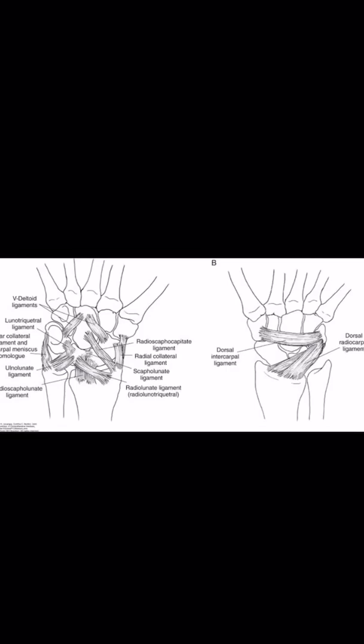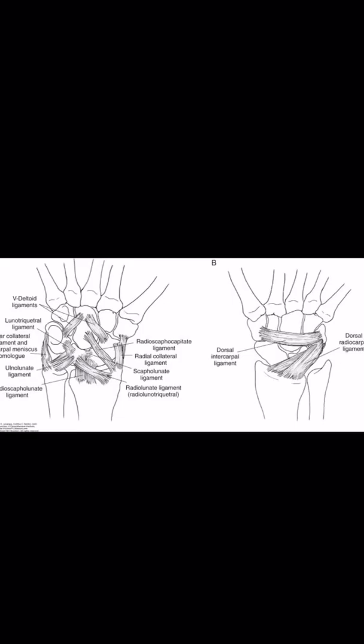The volar carpal ligaments, the ligaments present on the volar aspect of the wrist complex, are further divided into 2 groups, the radiocarpal and ulnar carpal ligaments. Talking about the extrinsic ligaments, we have the volar carpal ligaments, that are the radial collateral ligament and the radioscaphocapitate ligament. It acts as a primary stabilizer for the wrist. The long radiolunate ligament is also called the radiolunotriquetral or volar radiolunate ligament. And we have the radioscapholunate ligament.